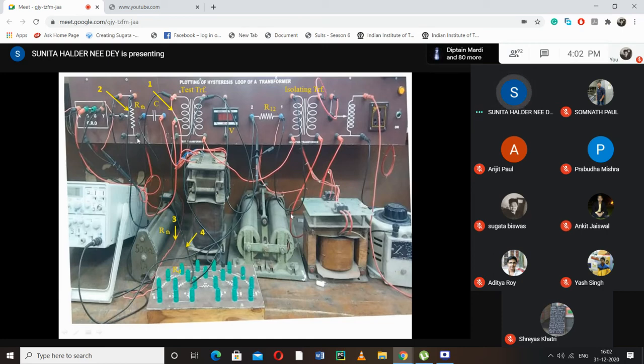From here one terminal comes here. This is one. Where I have marked 2, it is connected to the capacitor. Then from the capacitor it is connected to the rheostat. From the rheostat this red wire is connected here, and from here through this black wire it is connected back to the circuit. It is very difficult to understand from here, but if you see the PPT you can understand if you trace the lines. Within this there are two resistors.